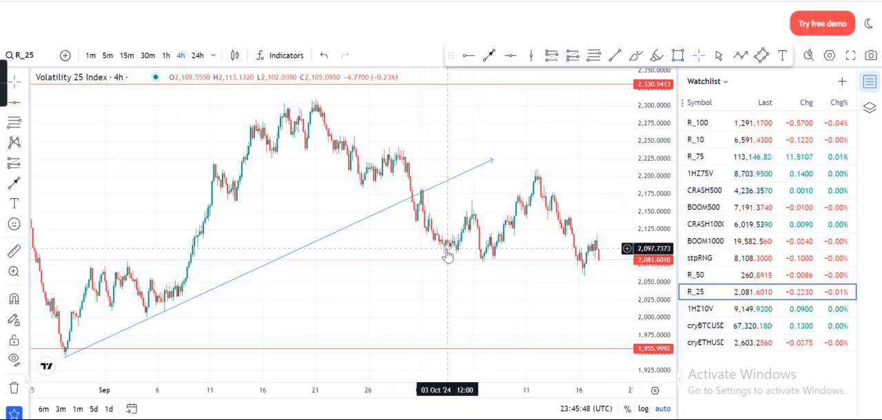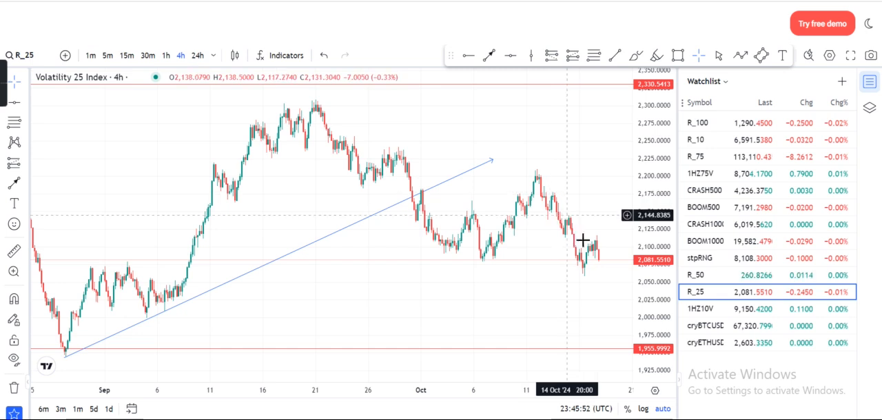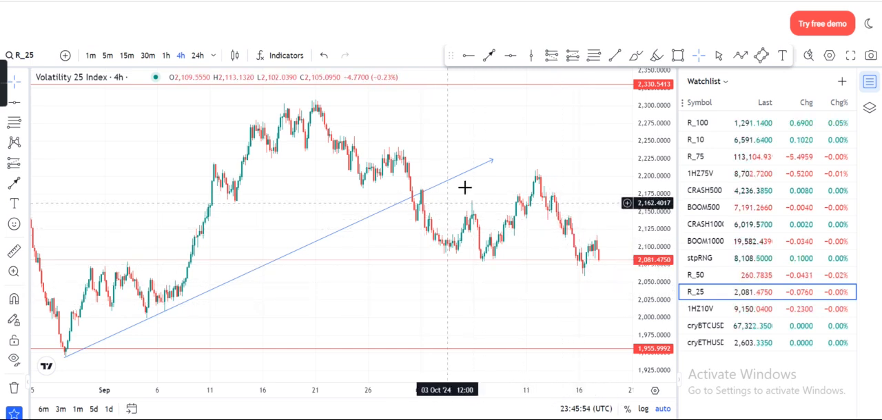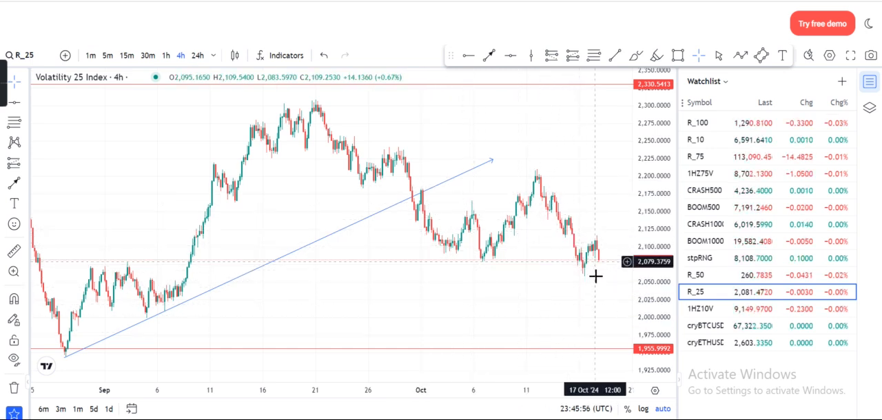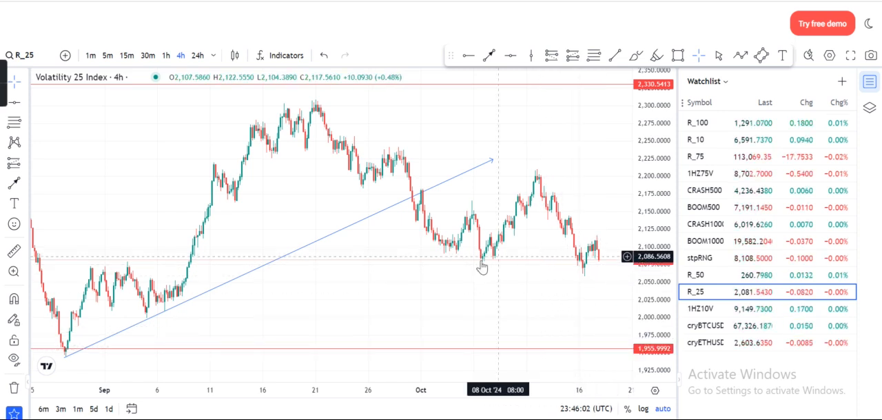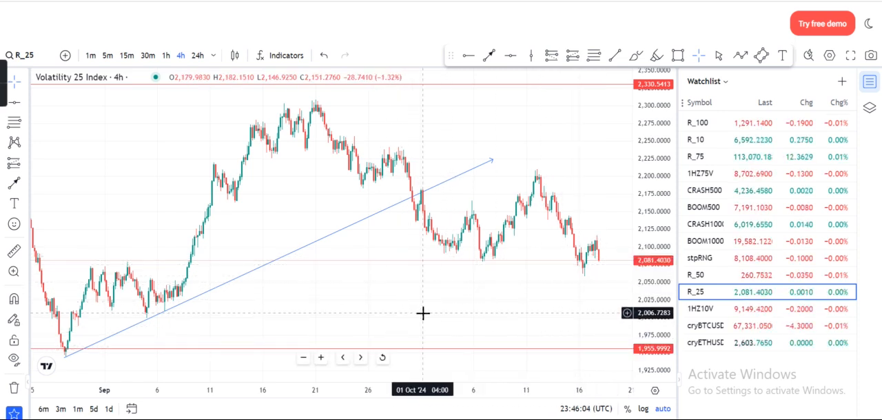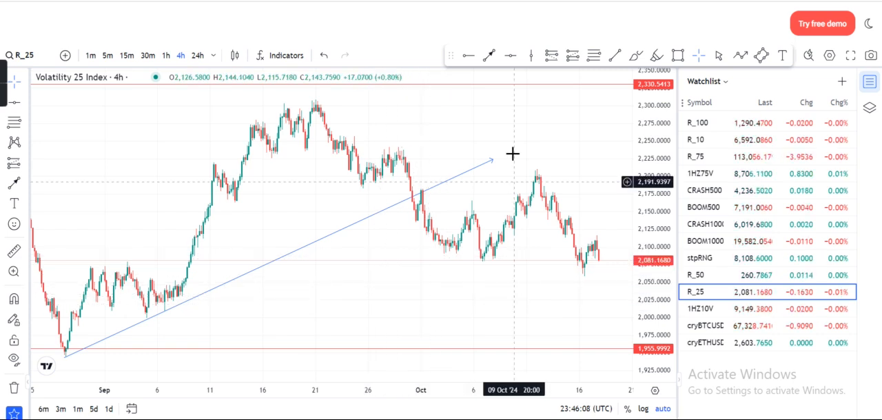We saw the market dropping to the downside, pushing up, dropping, pushing up, and then dropping again. So with everything the market is giving us here, we are clear that the market would be touching this level anytime soon. Now, for us to go a little bit deeper in our analysis, we would simply get to understand